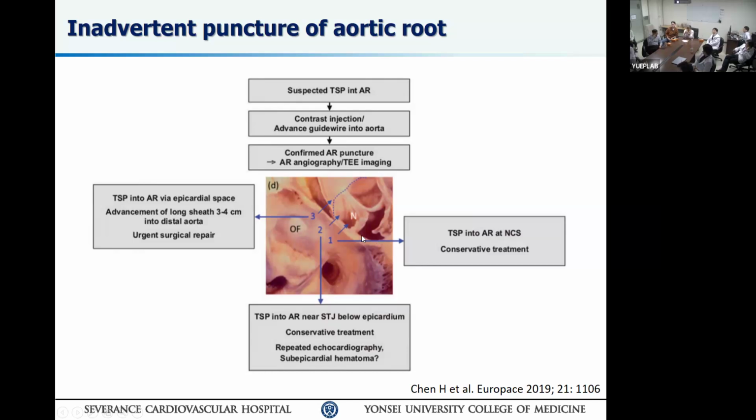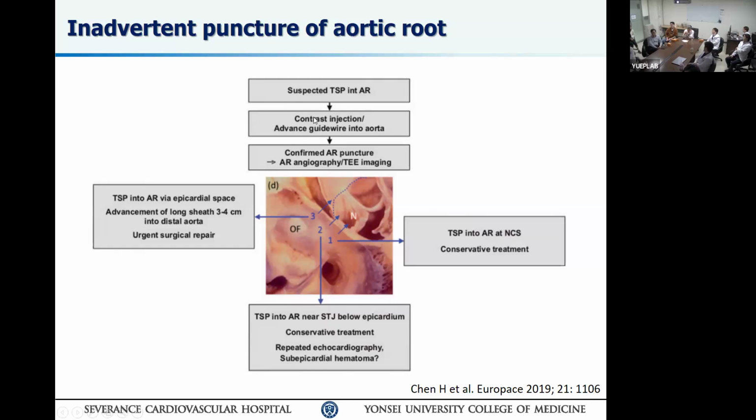But since you don't know exactly where you punctured the aorta, whether the sinus of Valsalva, a little bit above, or even higher, they leave the sheath in, don't take it out, and watch it. Call the surgeon, make a combined decision, never yours. Because if you have to go to surgery, whatever the reason, you have no way to handle it. Only the surgeon can handle it. And also surgeons hate it when they have to find the hole because they cannot see it, so that delays the surgery and many other things. The bottom line: when you puncture the aorta, hopefully not, but if you do, leave the sheath in,